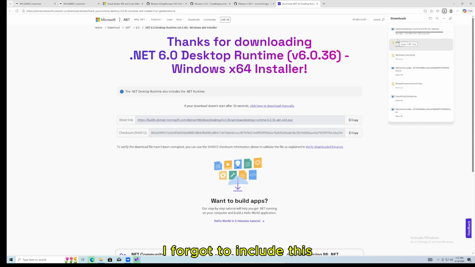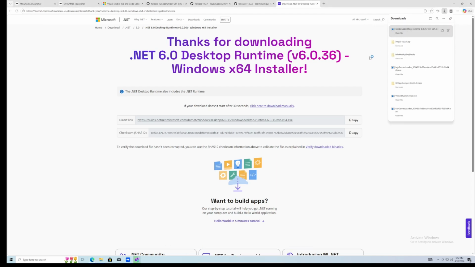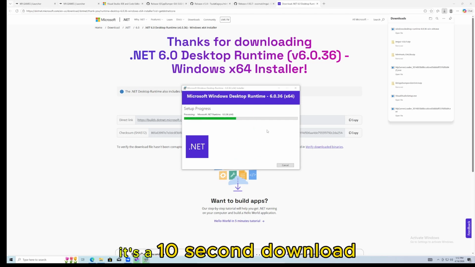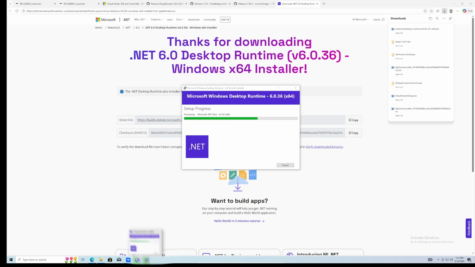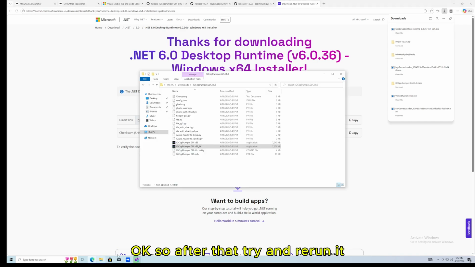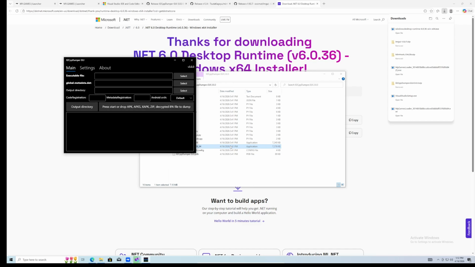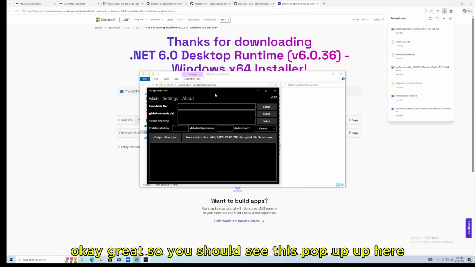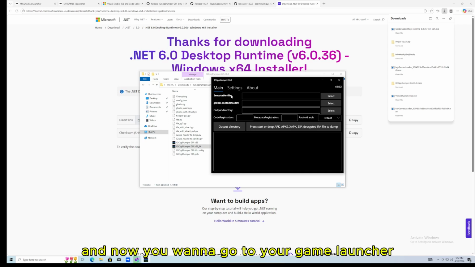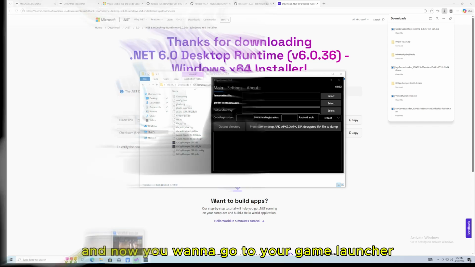I forgot to include this. Okay, so just click install. This doesn't take much time. It's a 10-second download. Okay, so after that, try and rerun it. Okay, great. So you should see this pop up appear, and now you want to go to your game launcher,